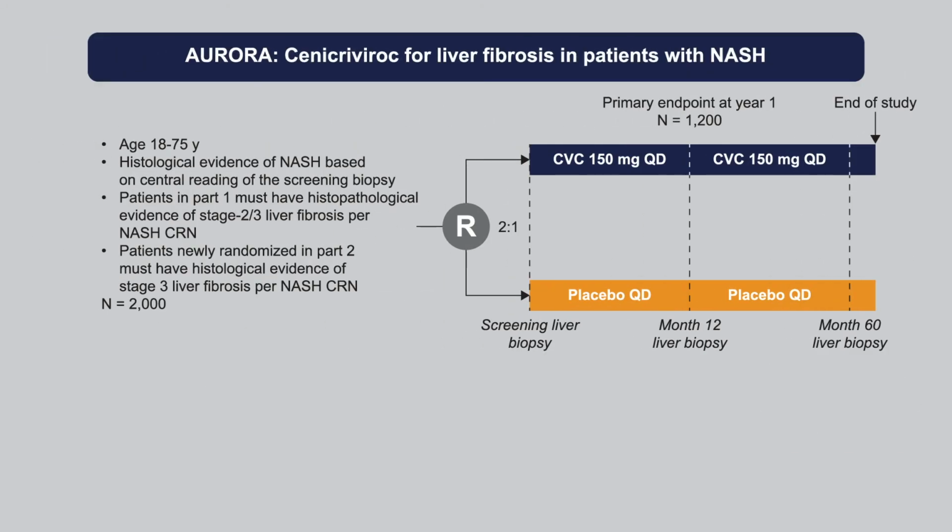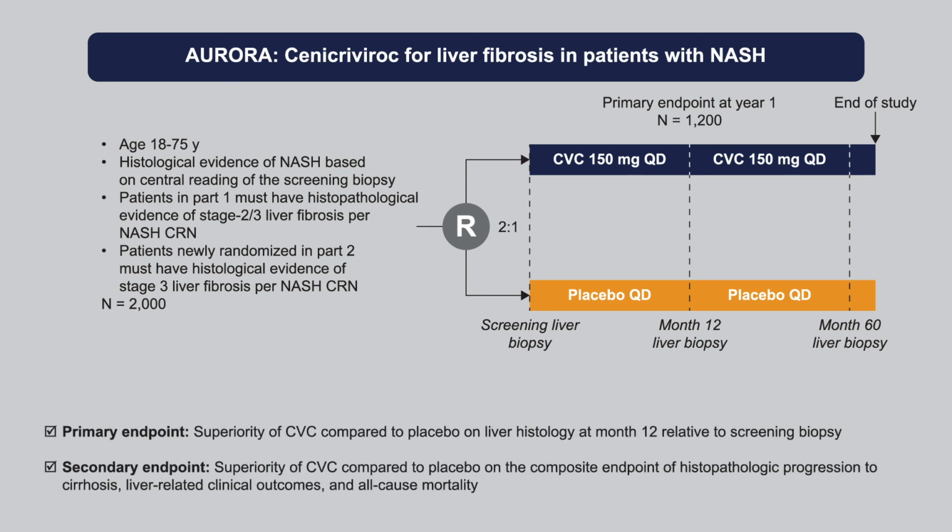Aurora protocol. Aurora trial is a phase 3 trial of cenicriviroc for assessment of liver fibrosis in patients with NASH. The primary endpoint of the Aurora trial is superiority of CVC compared to placebo on liver histology at month 12 relative to the screening biopsy. Secondary endpoint, superiority of CVC compared to placebo on the composite endpoints of histopathologic progression to cirrhosis, liver-related clinical outcomes,